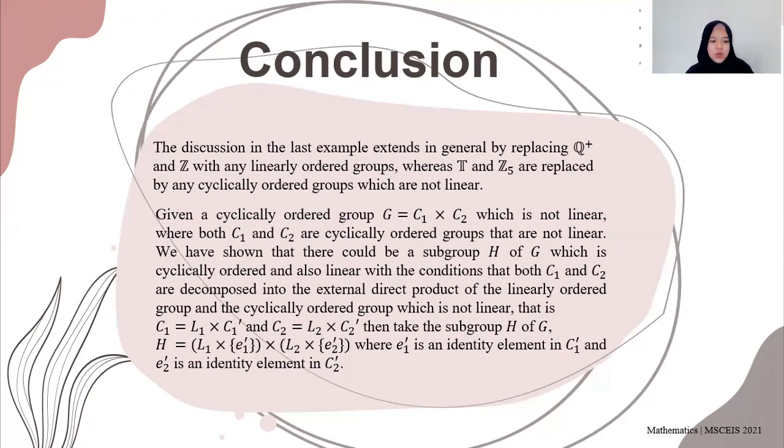That is, C1 equals L1 direct product C1 accent and C2 equals L2 direct product C2 accent. Then take the subgroup H of G. H equals L1 direct product identity element in C1 accent direct product L2 direct product identity element in C2 accent. So that is the conclusion of